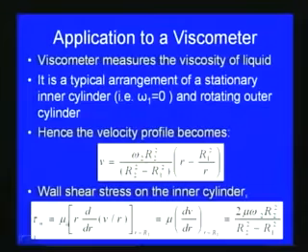So, tau W is equal to mu into r d by dr of V by r. So, that is equal to mu dV by dr at r is equal to r1. So, we get an expression for the wall shear stress on the inner cylinder as 2 mu omega 2 r2 square divided by r2 square minus r1 square. So, like this, once we get the velocity, we can find out various parameters like shear stress on the wall